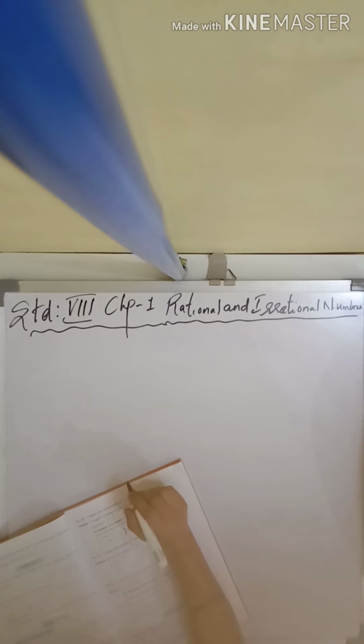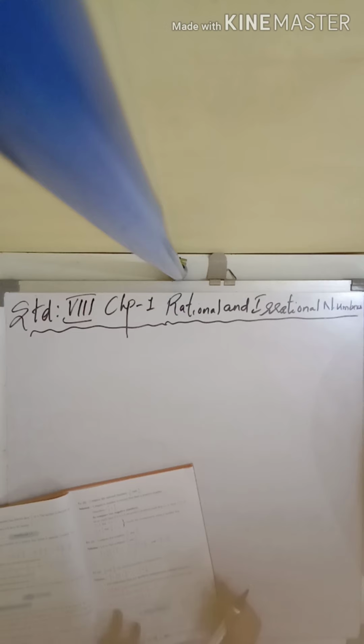Now let's proceed. In the last video, we solved up till practice set 1.2, where we compared two rational numbers using some basic rules. Yes or no, children? I had also taught some rules to compare two rational numbers, but we had not used those rules to compare the rational numbers.